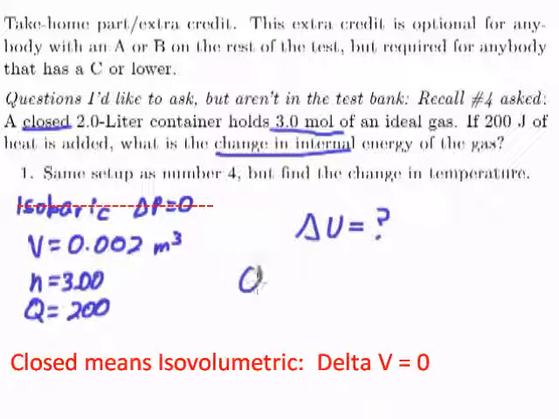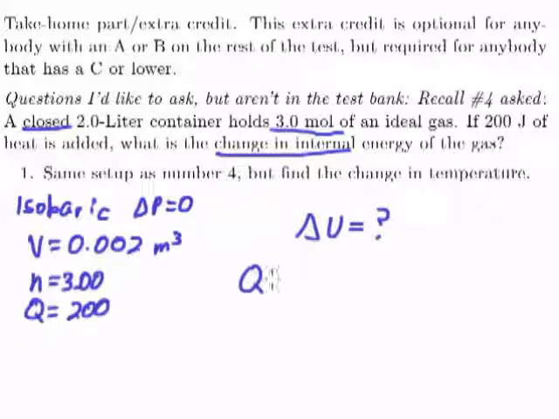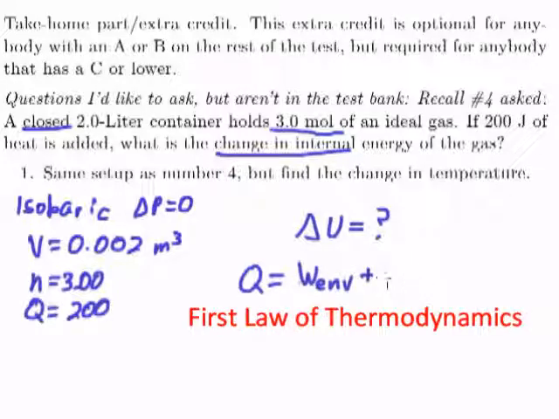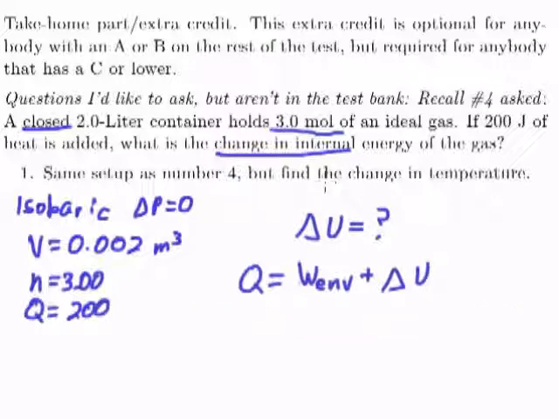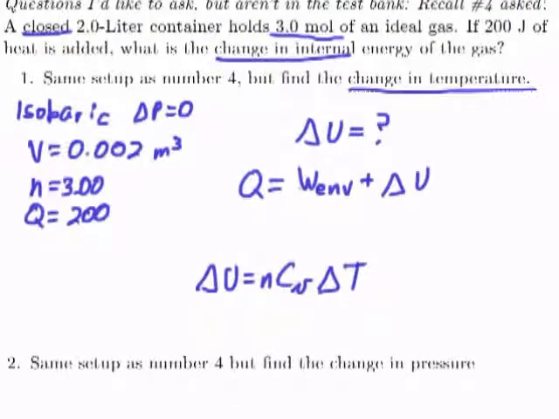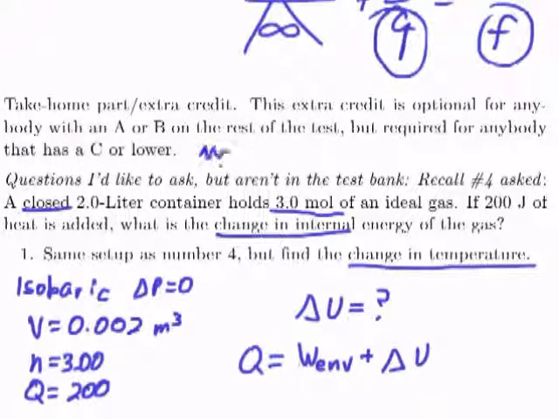So first we're going to use the first law of thermodynamics, which is that the heat is equal to the work done on the environment plus the change in internal energy. And we want to find the change in temperature as well. So we'll use delta U equals N C sub V delta T, which is the same as N times, in this case it's a monatomic gas, that wasn't put in here, but it's monatomic,